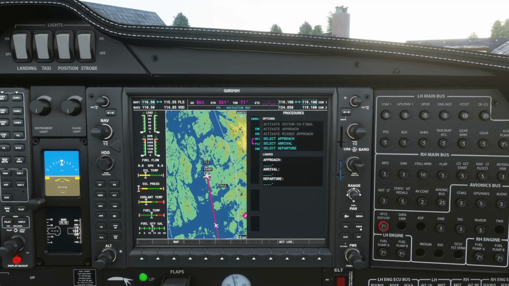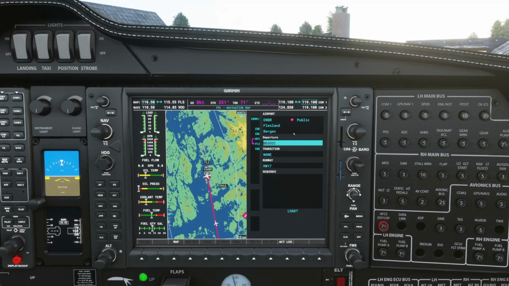Okay, so we'll click on procedure. Okay, now you can actually activate a departure. So let's do that. So scroll down to departure using the outer dial on the FMS. Click enter. All right, just wait a bit while it's populating the field there. And now you can see departure is flashing. Okay. To actually see the departures, go straight to the inner dial on the FMS knob here, and up pops all the departures. Okay, and you can see it's quite a list of departures as the scroll bar on the right hand side is quite small.